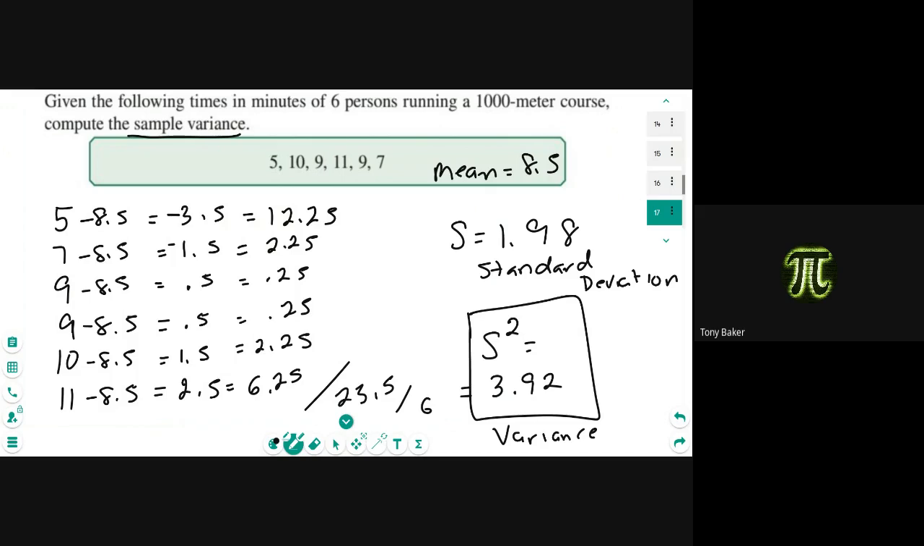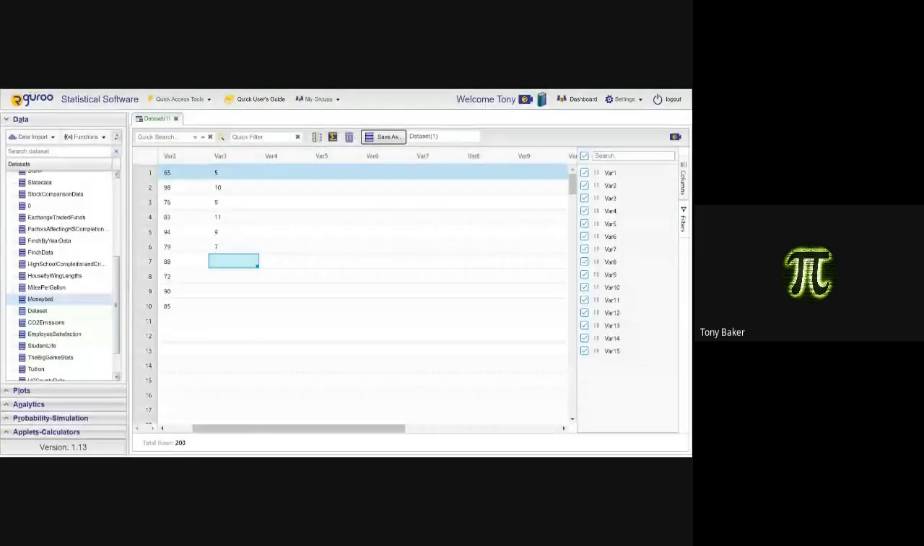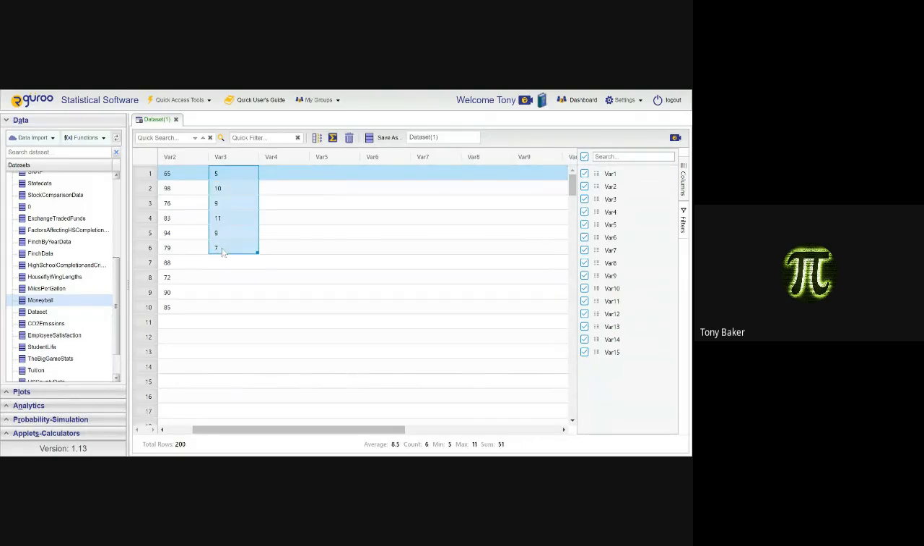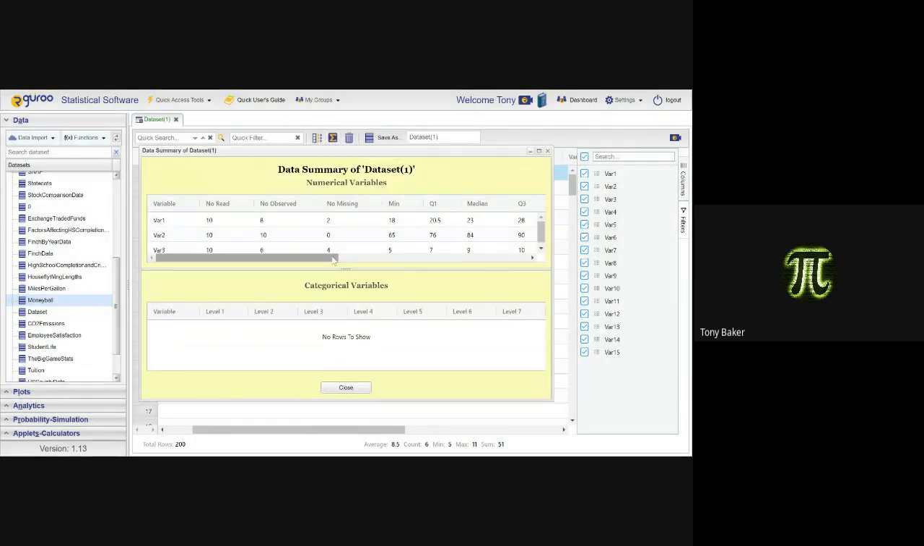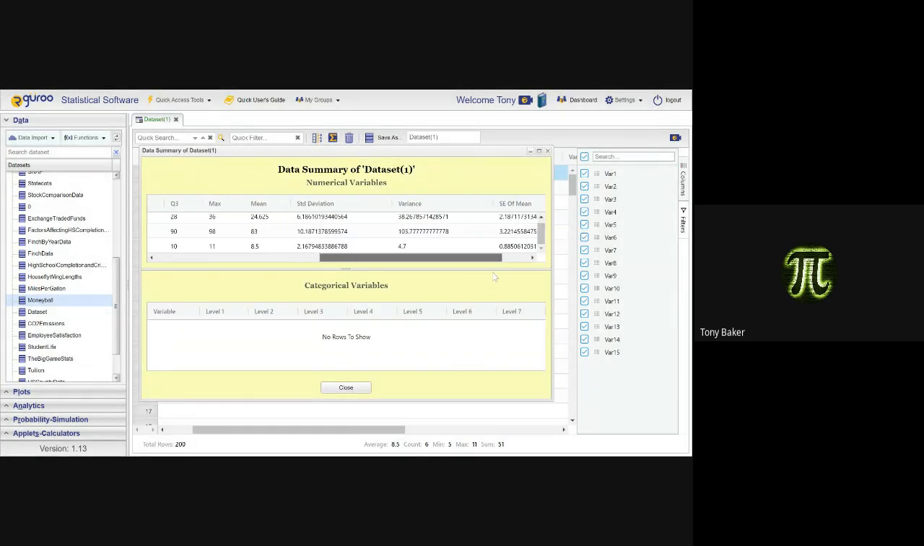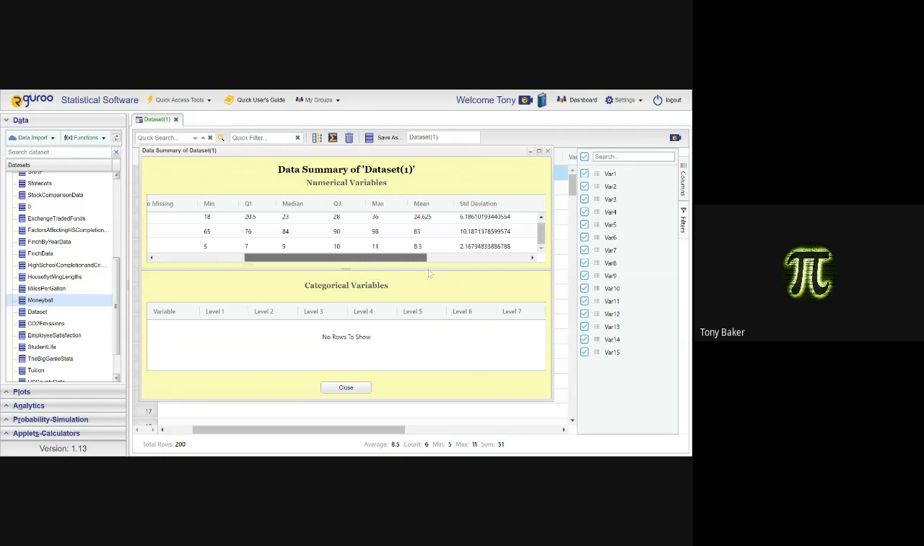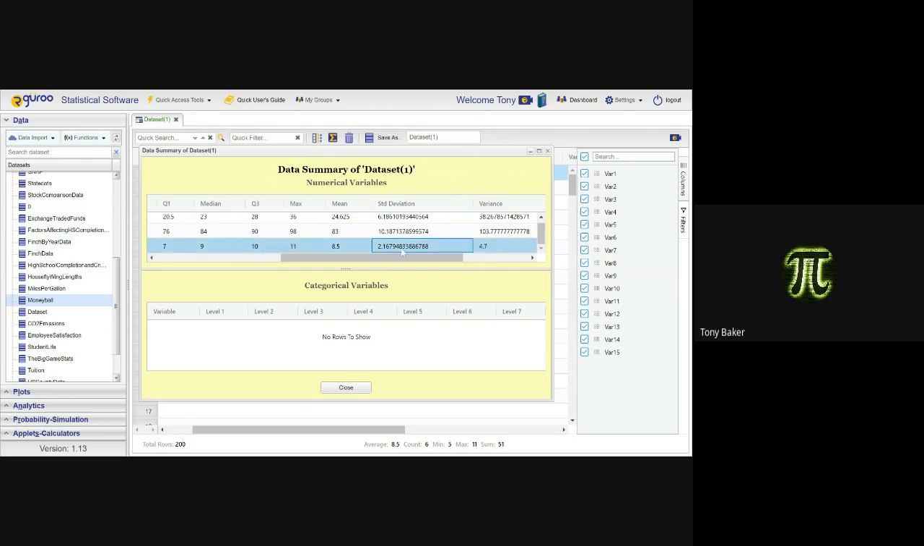What is it? 5, 10, 9, 11, 5, 10, 9, 11, 9, 7. All right. So I just put those numbers right in here, right? There's the numbers. If I hit that little calculation thing there, oh,